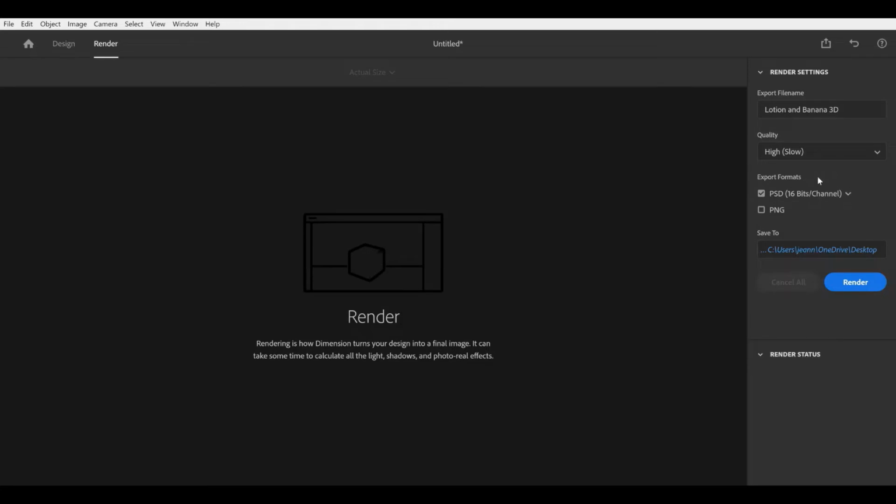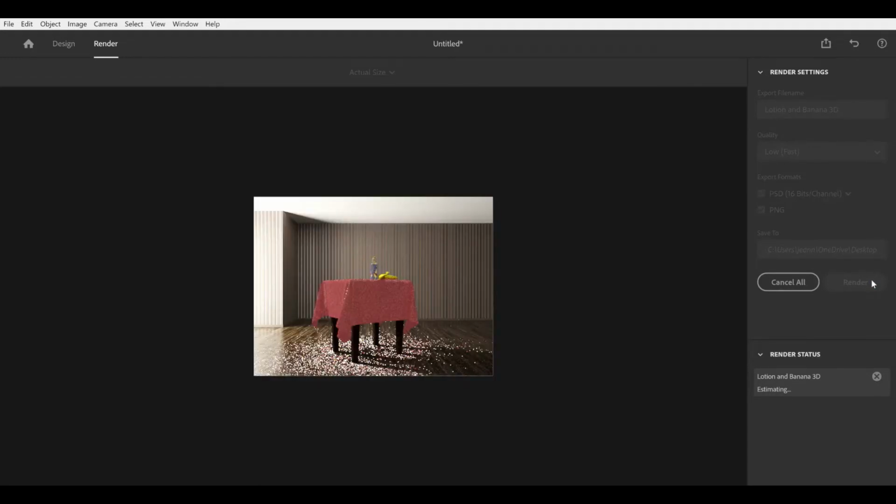Once I did low quality just because it's faster. But you can see the difference between the high quality and the low quality. And you can save it as a Photoshop file or a PNG file, which is cool. And it takes a minute to render, but it brings the image up and then it loads it slowly into the screen. And in the end, you are able to get two files, a PNG file and a PSD file,